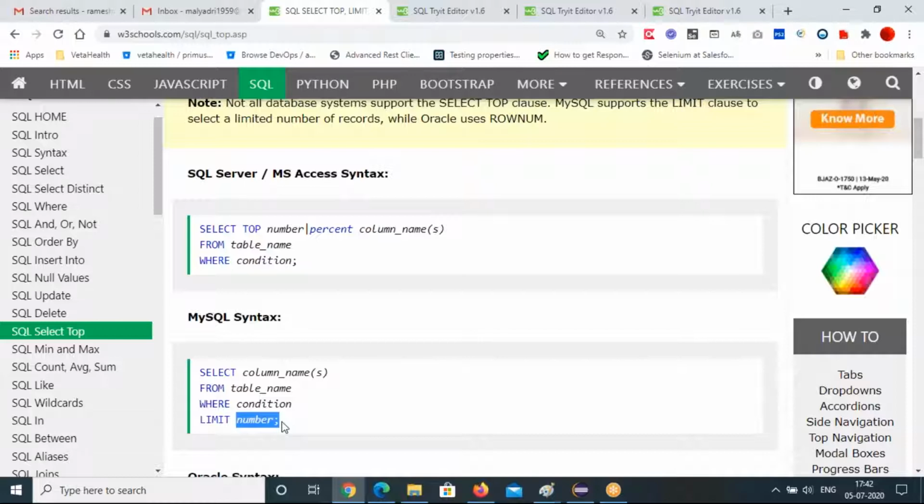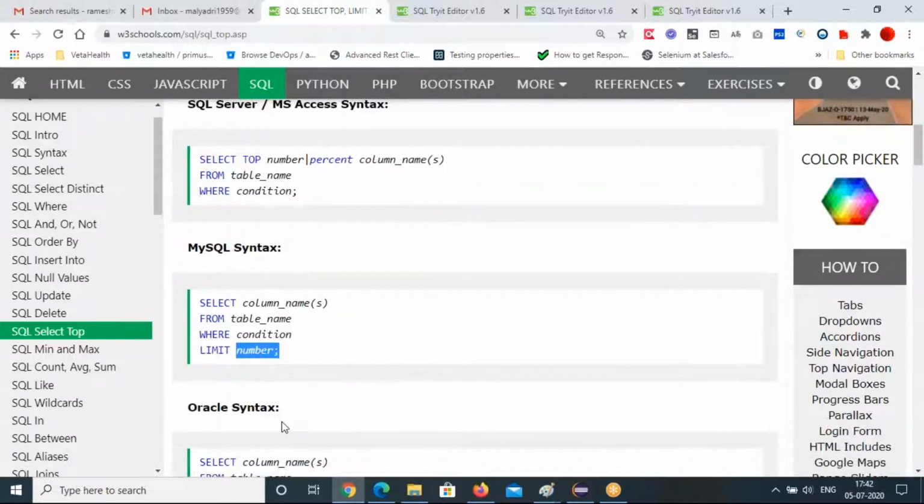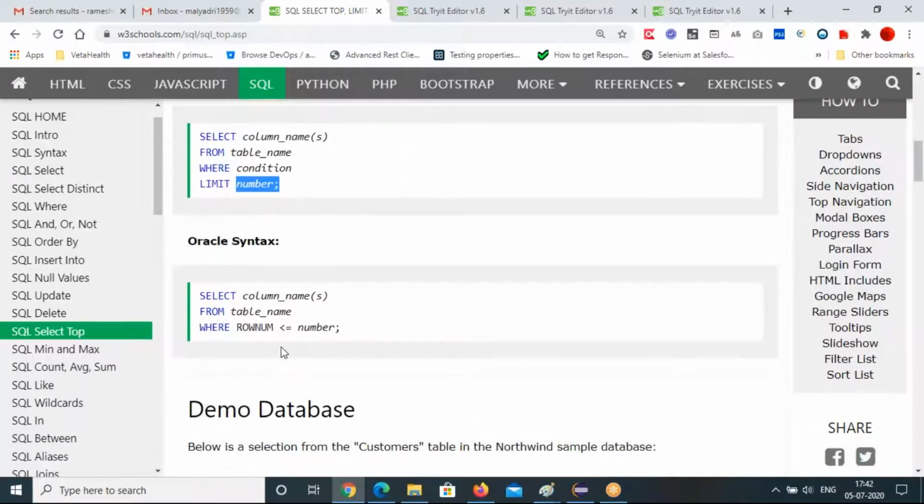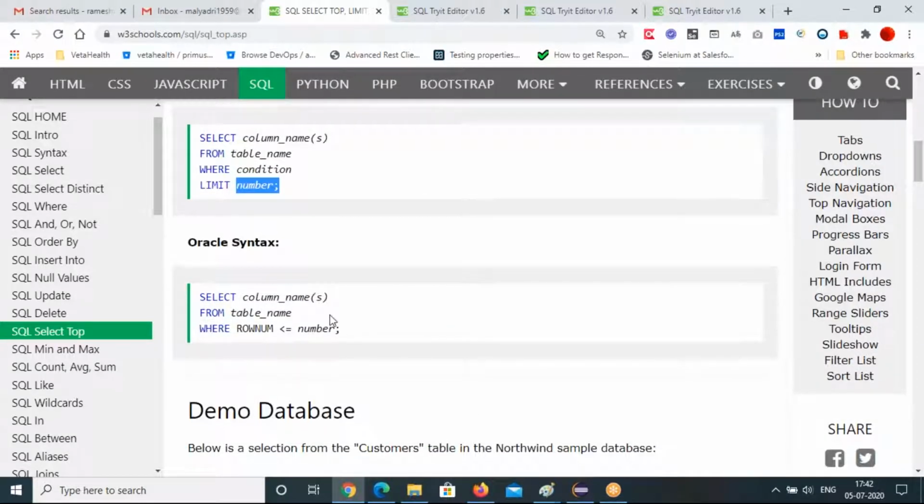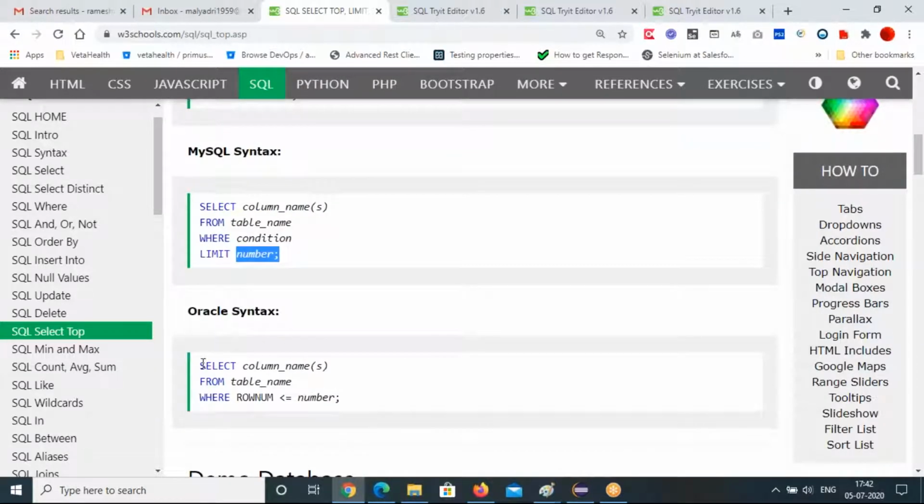MySQL uses LIMIT to limit the number of records you want. Oracle uses SELECT column names FROM table WHERE ROWNUM is less than or equal to a number. This is how you write it in the Oracle database to limit the records.